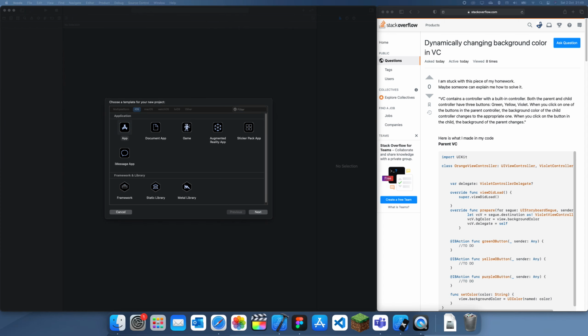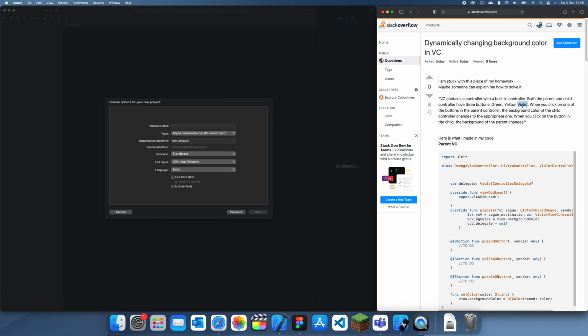So in this problem we have someone who just wants to change the background color of a different view controller. We have a parent view controller and a child view controller, and each of them has three buttons: green, yellow and violet. When you click one of the buttons on the parent, it changes the color in the child view controller, and when you click on one of the buttons in the child, it changes to the color of the parent. So this is pretty simple to do,